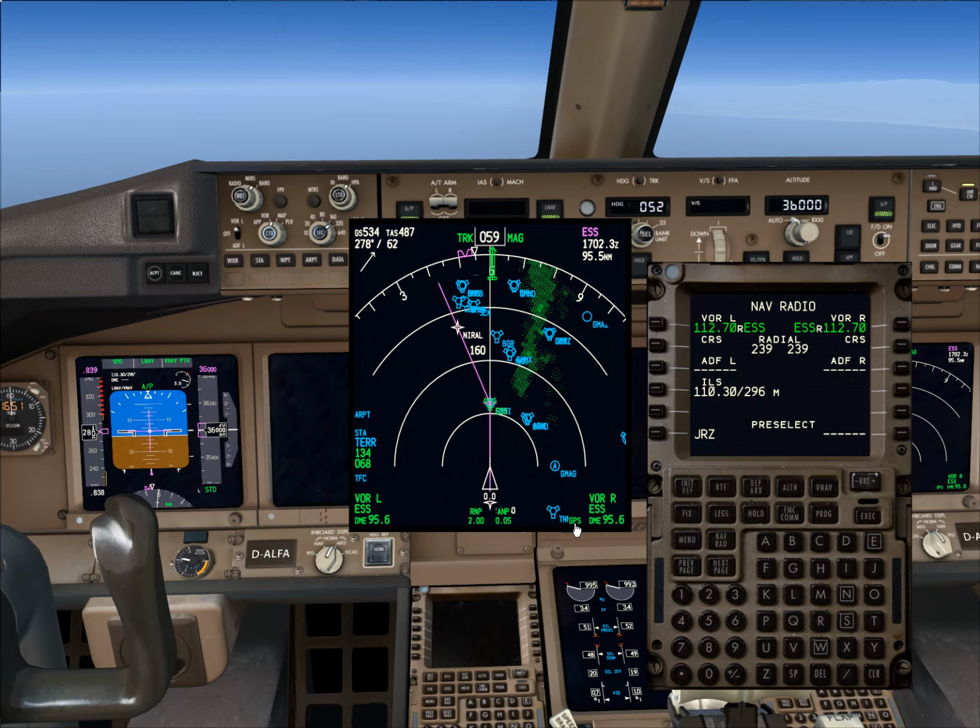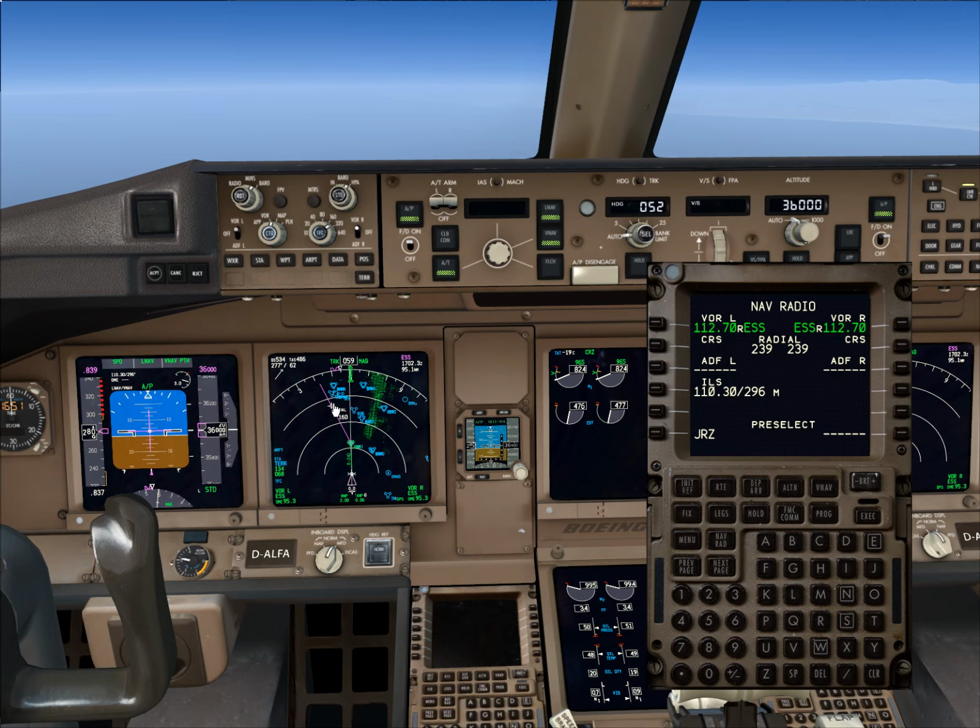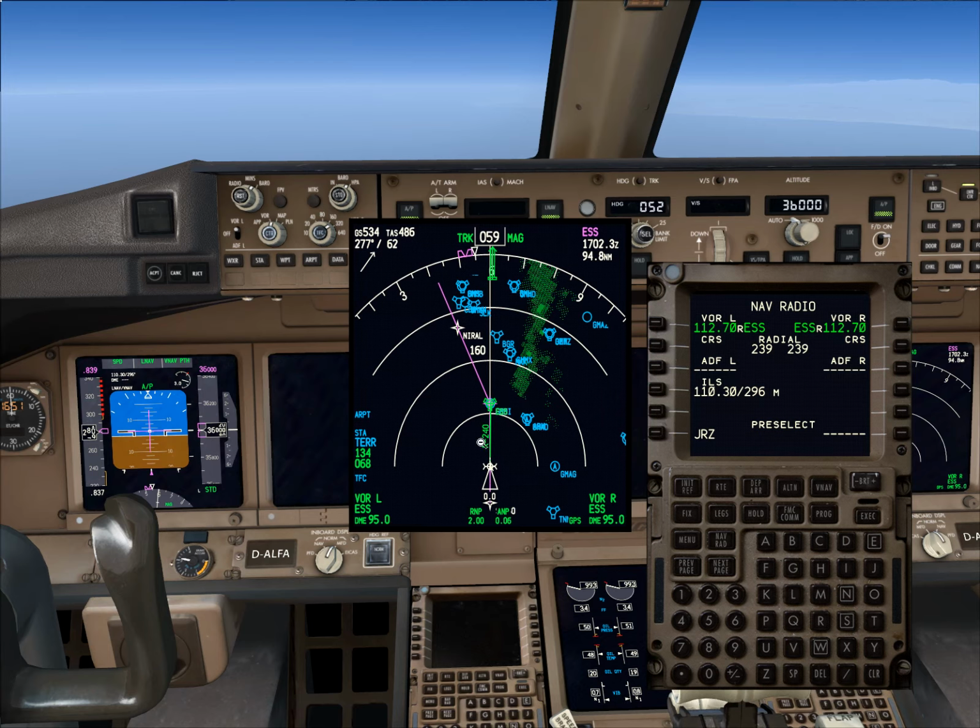You see here GPS. If I hit position pause, that's radial. You see 00. RNP, that's the precision of our